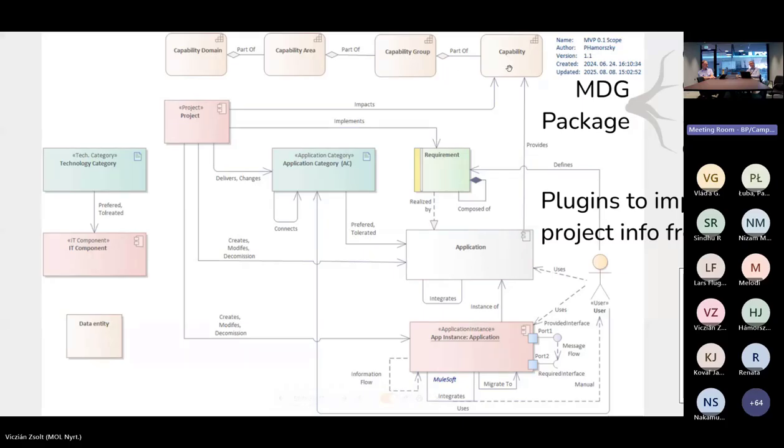And with that, we are able to come up with the idea of how to manage the business capabilities and the maturity of it. So these are connected with the applications and the projects, and based on the connections we can analyze the data: which projects are affected, which projects deliver some kind of capability, and which applications are supporting or providing